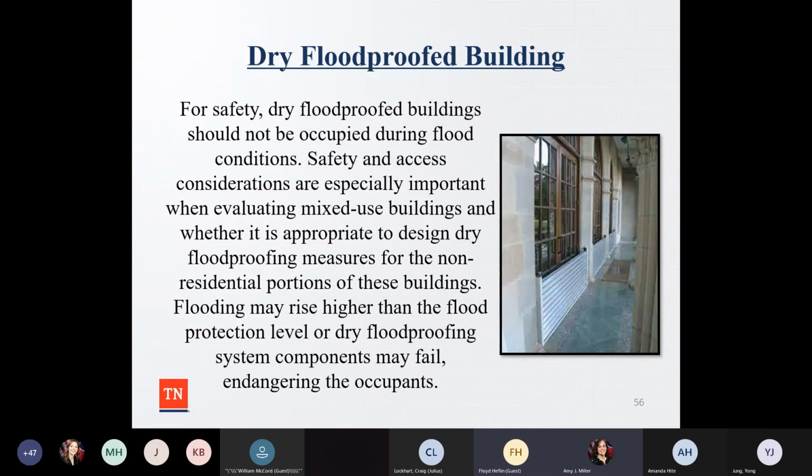So dry floodproofing a building for safety, it should not be occupied during flood conditions. So you want to make sure they have safety and access considerations, especially when you have mixed use buildings. Do you have some sort of warning to tell residents that they need to leave the building? Do they understand how to get out of there for an evacuation route? And making sure that flooding may rise higher than the flood protection level, or dry floodproofing component systems may fail,